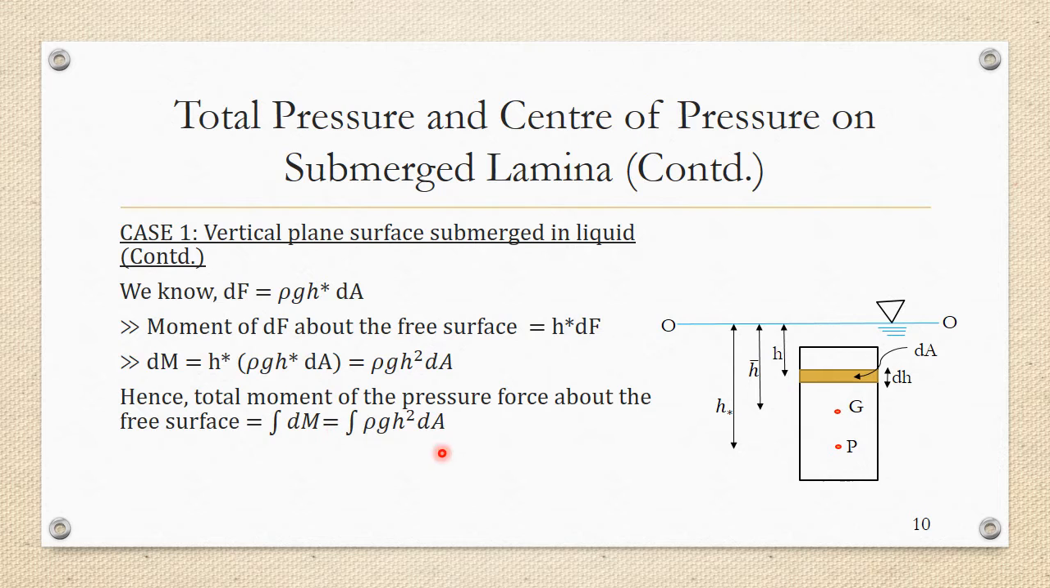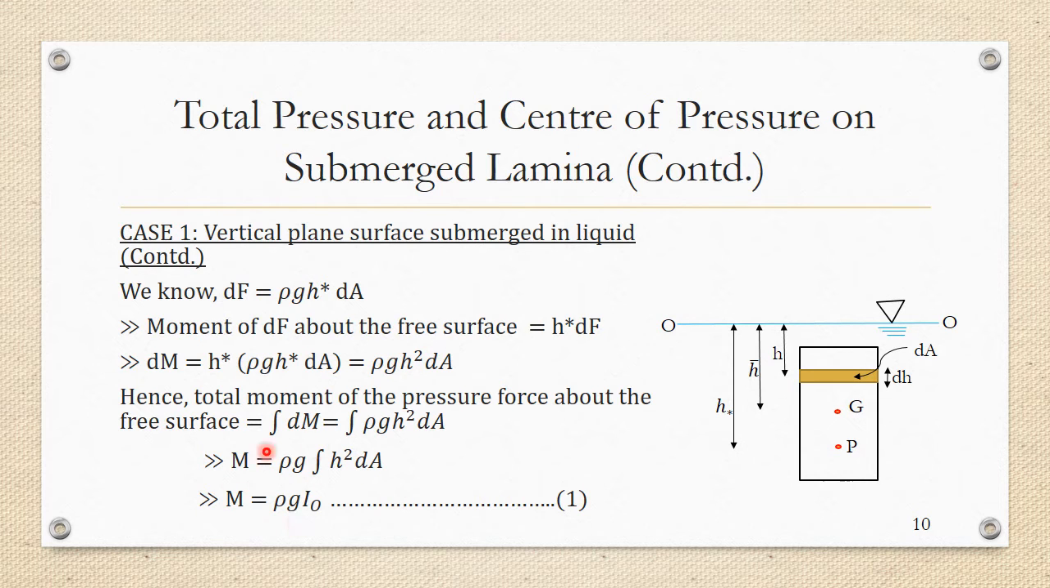Now rho and g are constant, so rho g can be taken outside. Moment will become equal to rho g integral h squared dA. H squared dA is nothing but the moment of inertia about the OO axis. From the mechanics refresher slide, you might remember that integral y squared dA is nothing but Ixx. So integral h squared dA is nothing but IOO. And so I am going to write moment is equal to rho g into IOO, which is the moment of inertia about the OO axis. I'm going to call this equation 1,